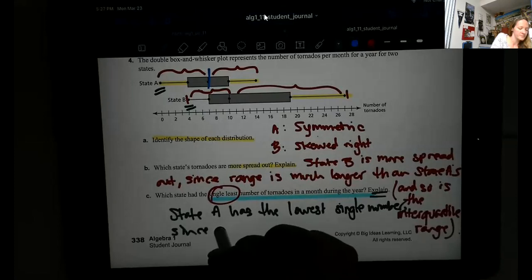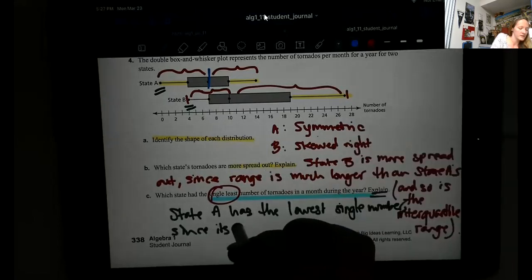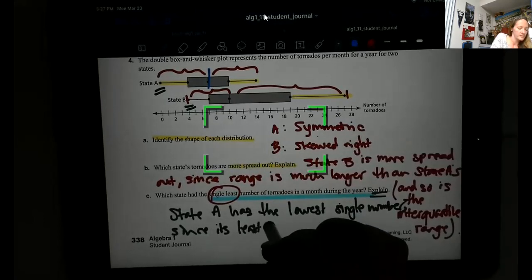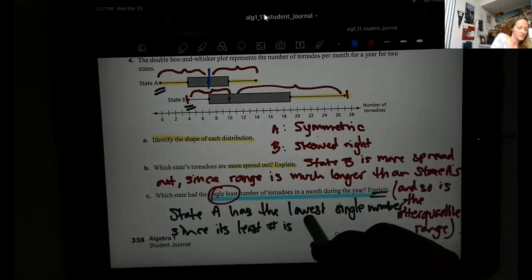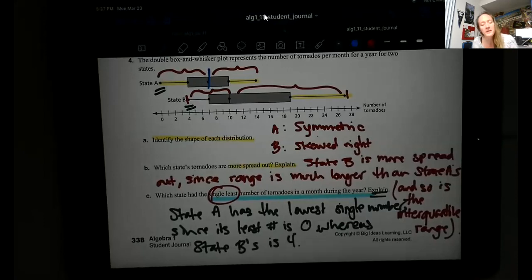Since we could say its least number of tornadoes is 0, whereas state B's is 4. And that's just basically explaining that we know how to read a box and whisker plot,